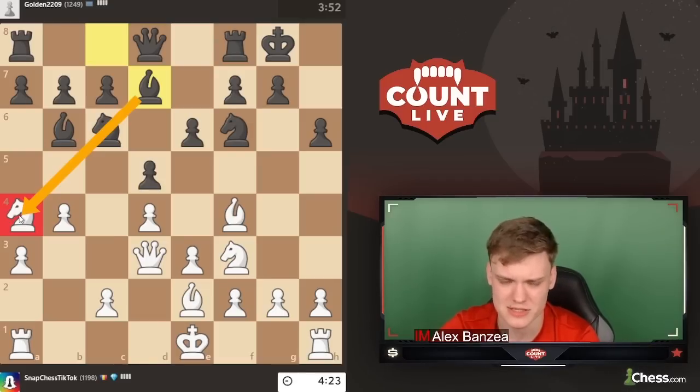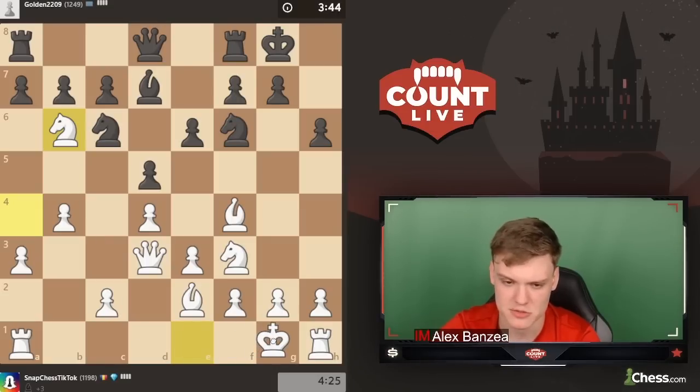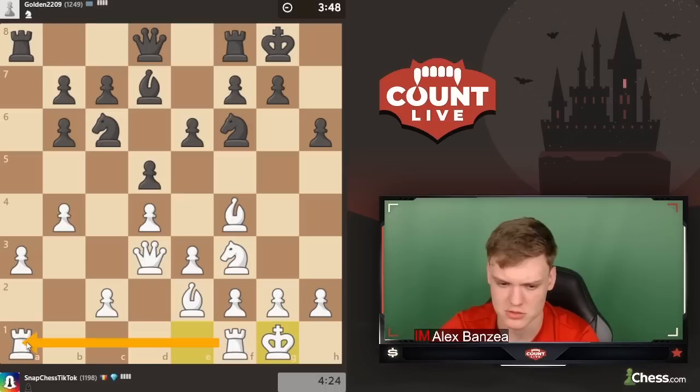b6. I'm not forced to, but I think just for the sake of simplicity, I'm gonna be doing it, and then I'm gonna be castling. Maybe again, I was not forced to play that move yet. I could have still waited, but now okay, you have to watch out for the knight b4 tactic, because the rook is undefended. Just castling, connecting rooks, and